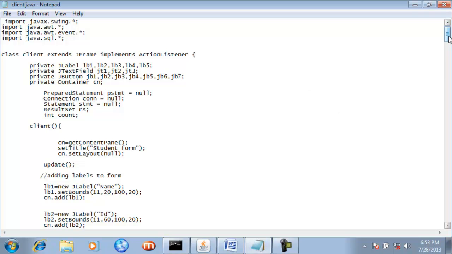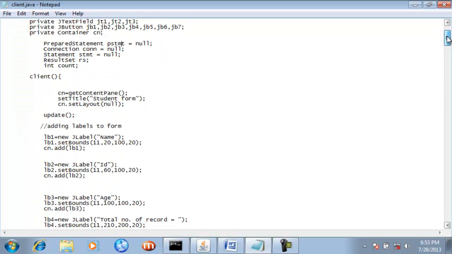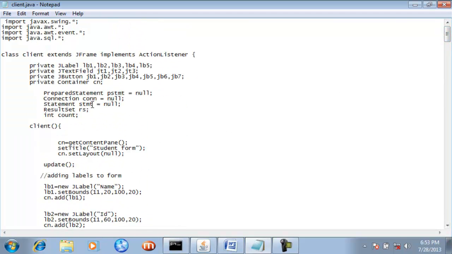In the previous video lecture, we used a Statement object, which was stempty. PreparedStatement and Statement are both interfaces and both do the same work, but their way of working is quite different. Both are responsible for the execution of SQL statements, or you can say for holding the SQL query, but their way of working is different.